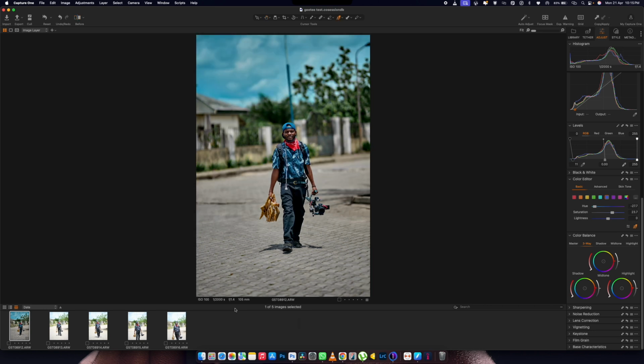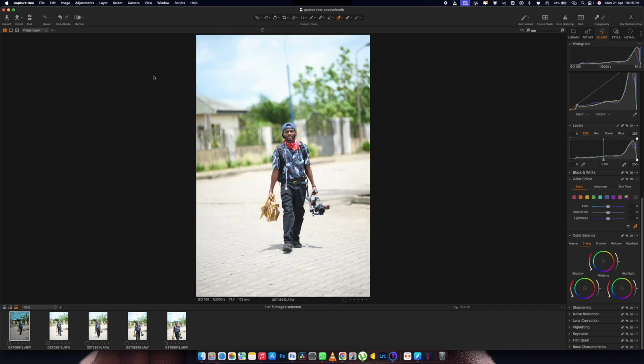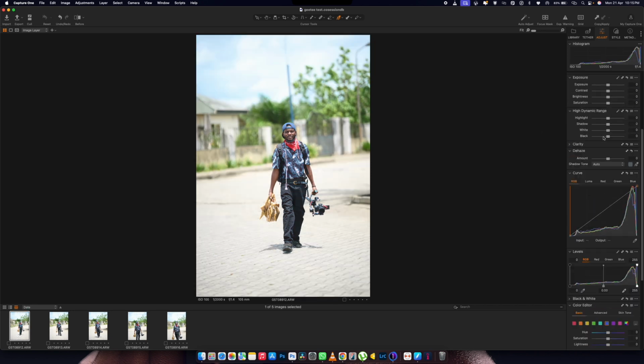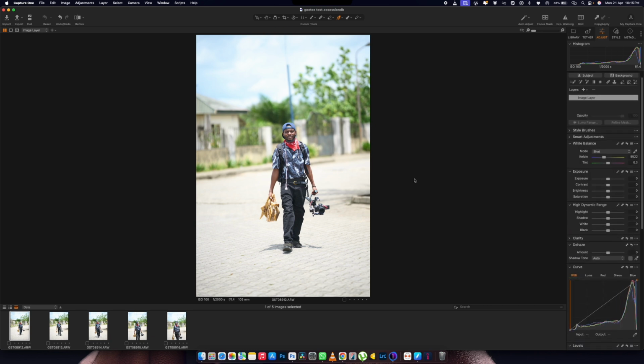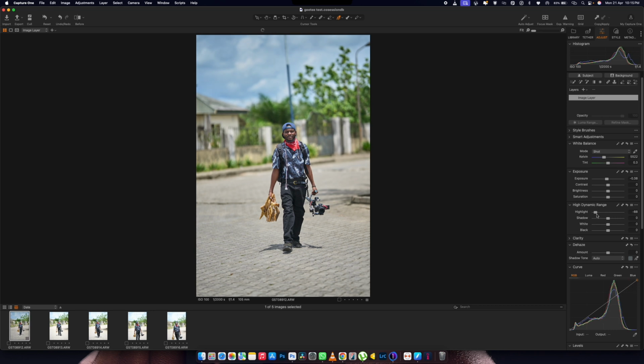I'm not going to be going through the sliders again, but let me just go back from the start so we can all be on the same page. So first of all, the image was looking too bright. Before I started reducing anything, I reduced my exposure a little, then reduced my highlight to the finish, reduced my white to the finish, then brought down my